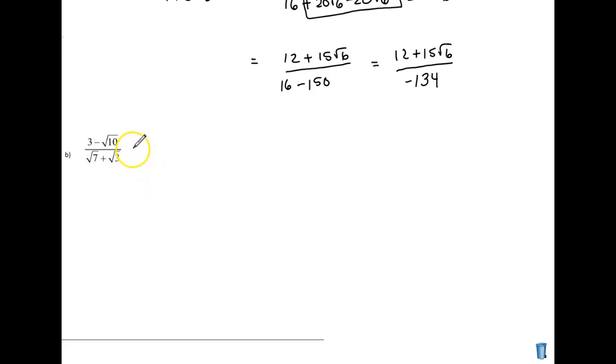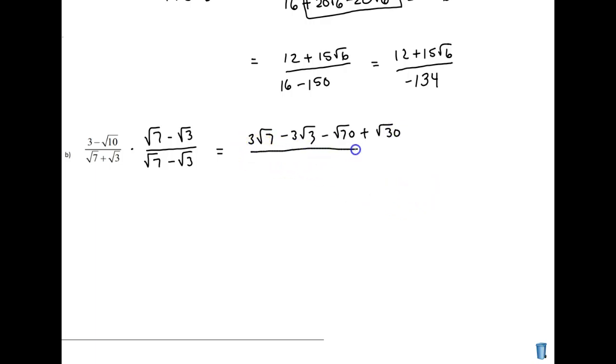Here's another one. Remember, we're caring about the conjugate of the denominator, not the numerator in this case. So I'm doing square root 7 minus square root 3. And then, oops, square root 7 minus square root 3. So this gives me 3 square root 7 minus 3 square root 3 minus square root 70, and then plus square root 30